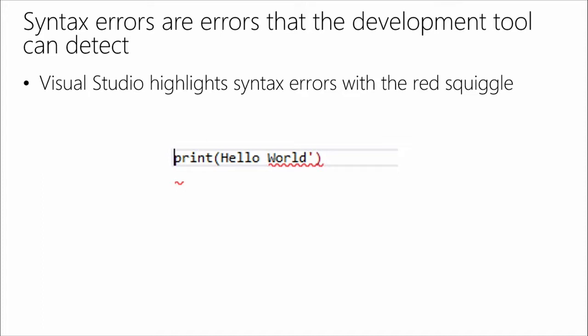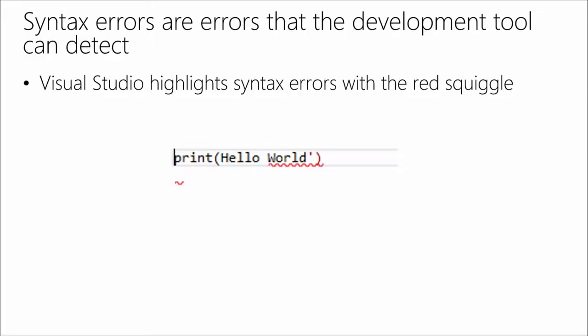But no, when you see a red squiggly in your code, that's a hint that you have a typo somewhere. So if you look at this example here on the screen, you can see hello world, and what I've done is I've forgotten one of my quotes. I forgot to put my opening quote right here, so I get this squiggly line.